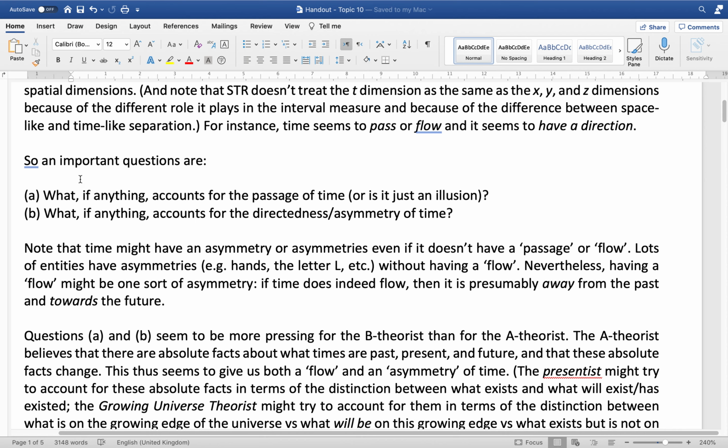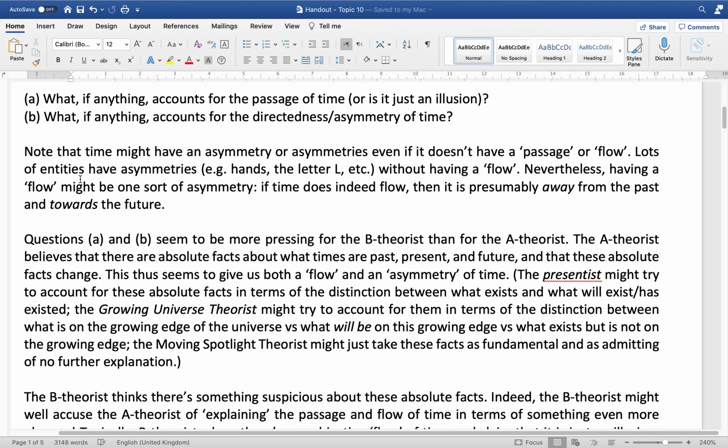But you could still believe in an arrow of time even if you didn't believe in the flow of time, and that's pretty important for the B theorist, as might have occurred to you. So according to the B theorist, there is no flow of time,